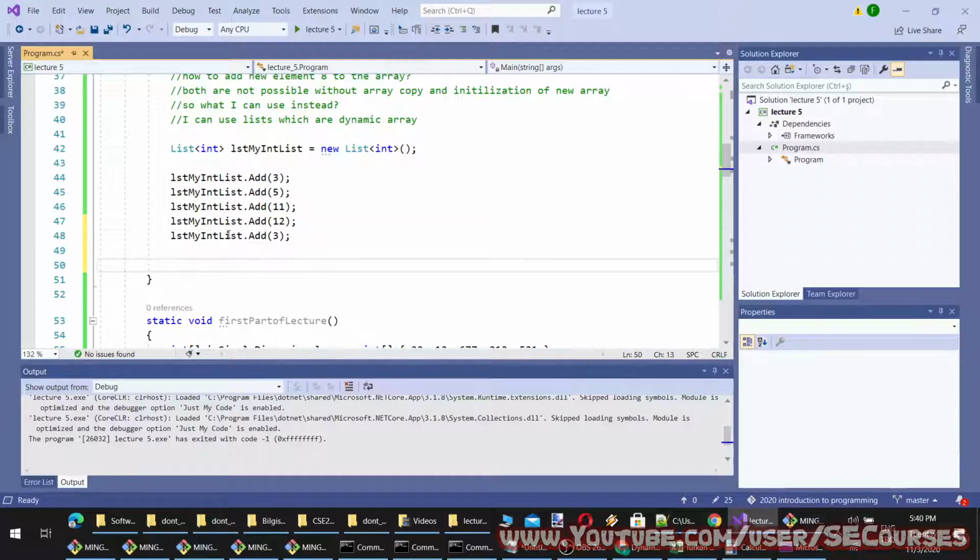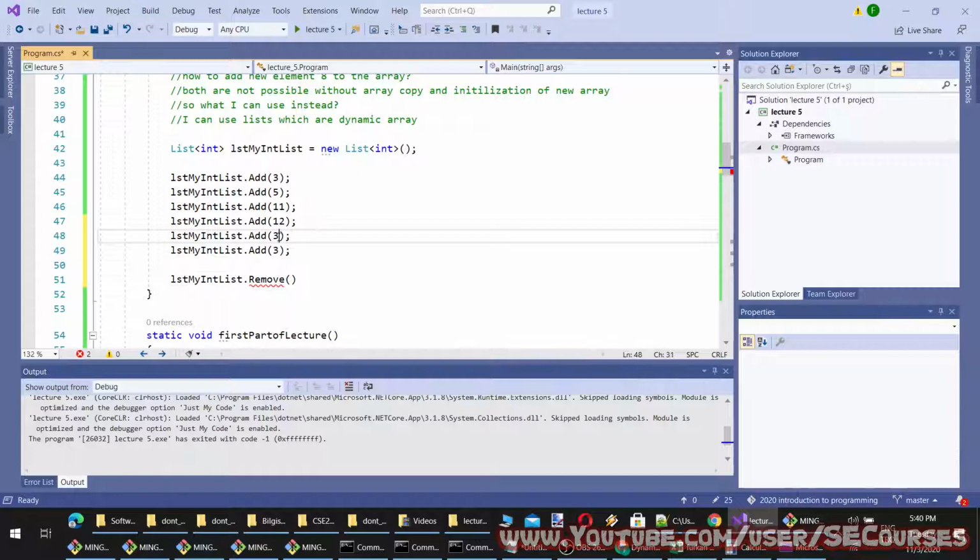And when I say Remove, let's also add here 5, it will remove the 5 at index 1 because it is the first occurrence.